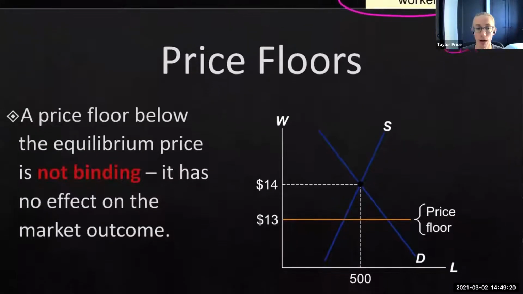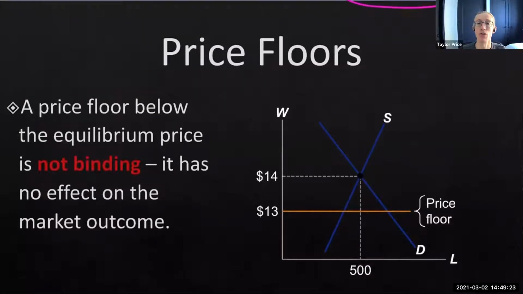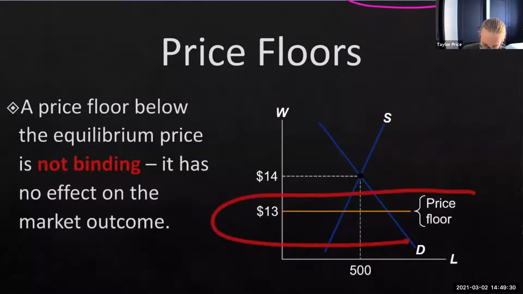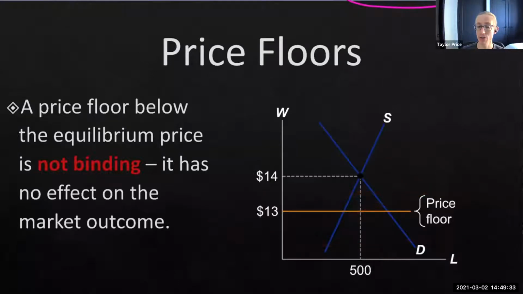First, we're going to talk about non-binding price floors. Non-binding price floors are just below the equilibrium price. So if the government set a price floor at $13, that would be non-binding. It's not having any impact on the equilibrium price. The equilibrium wage here is still $14, and the equilibrium quantity is still 500 workers. So that does not impact the equilibrium price or quantity at all. But